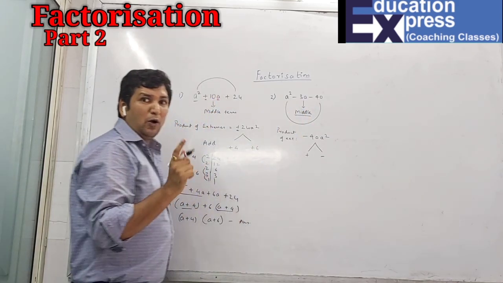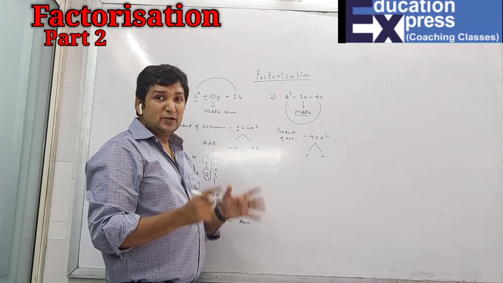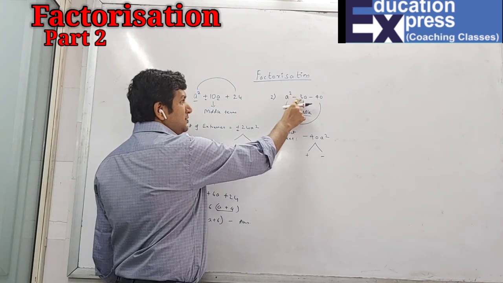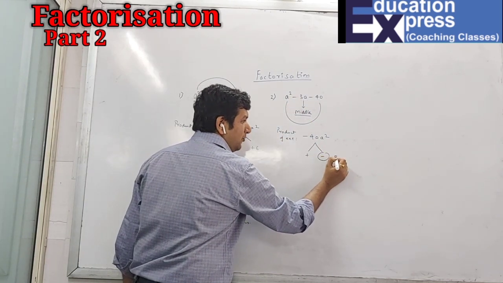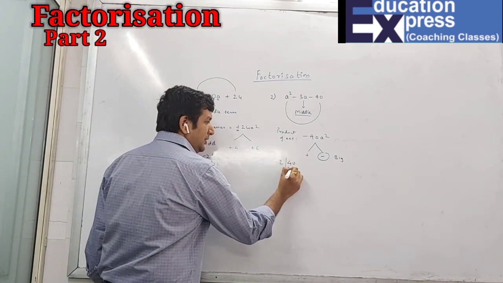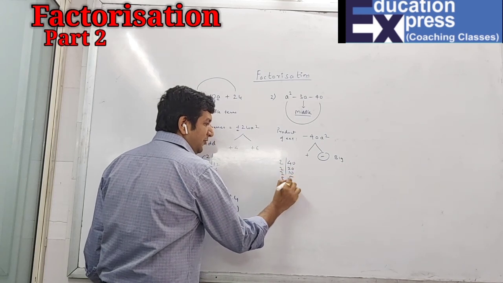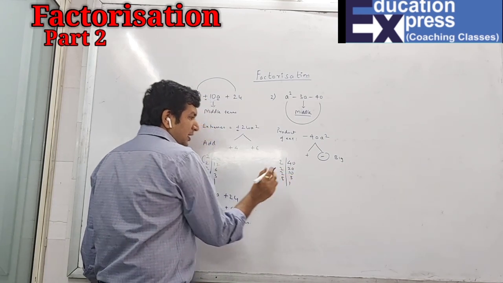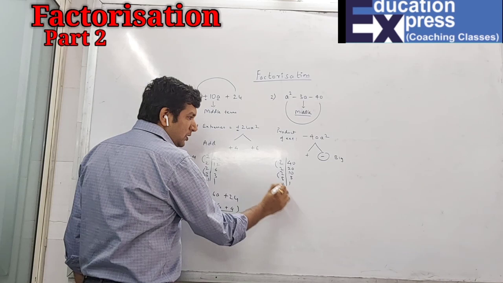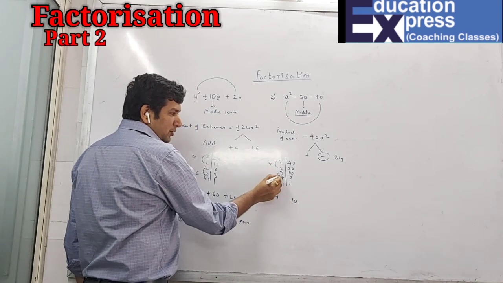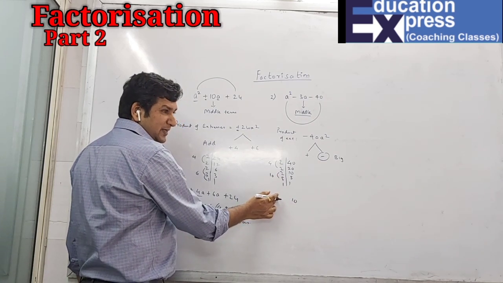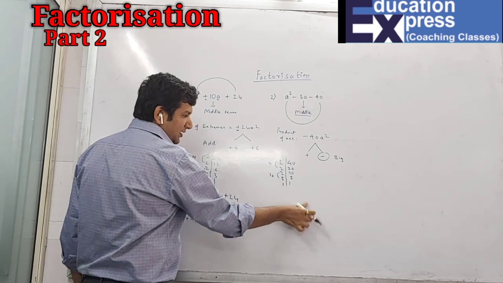So here understand one more thing, which number will get plus, which will get minus. Obviously I have told you that when it's plus and minus, the bigger number will get the middle term sign. So the middle term sign is what? Minus. That means this number will be a bigger number. So we'll just find the factors for 40: 2 20s, 2 10s, 2 5s, 5 1s. If I take 2 2s are 4 and 2 5s are 10, 10 1s are 10. That means the numbers are 4 and 10. So 10 and 4 when you subtract, 10 minus 4 will be what? 6. I want 3. That means these are not the factors.